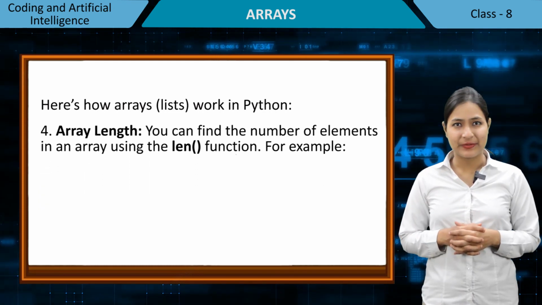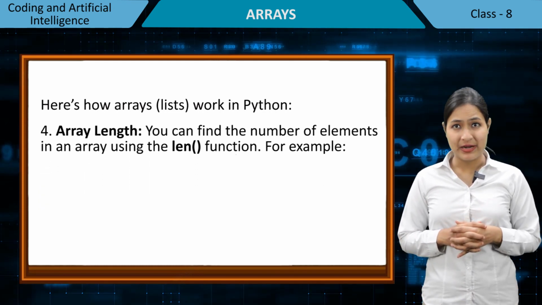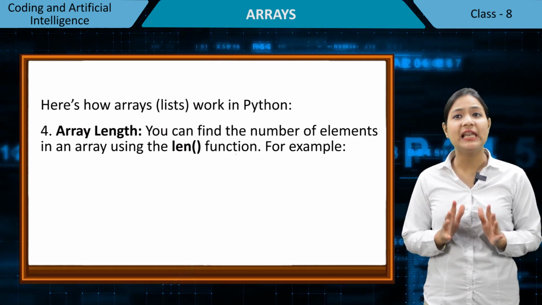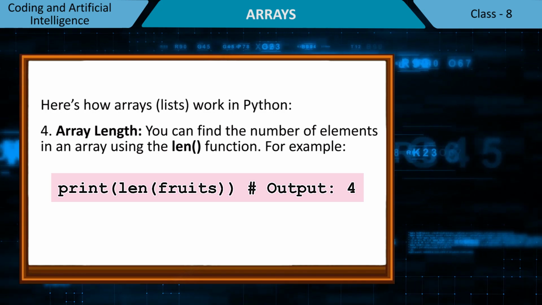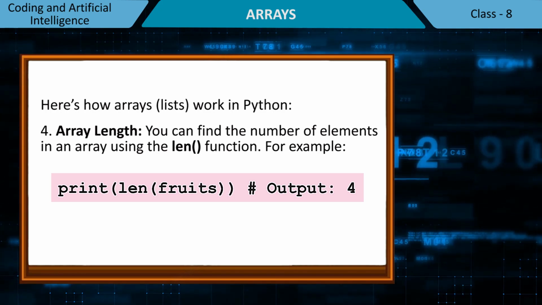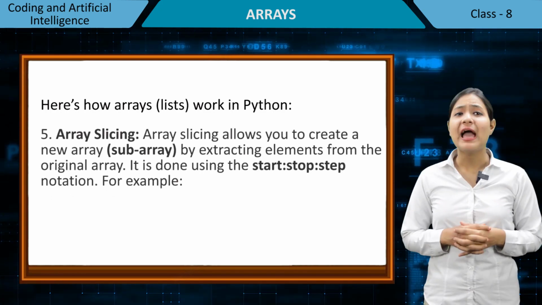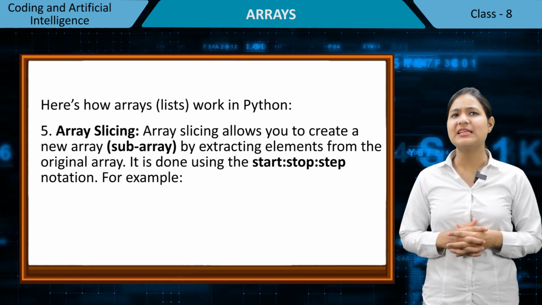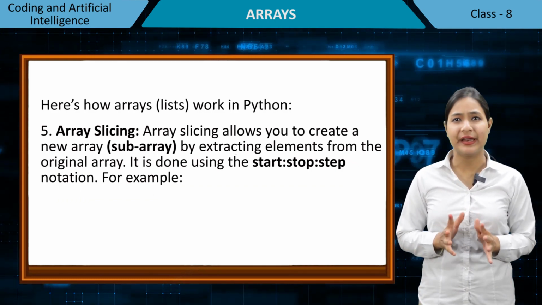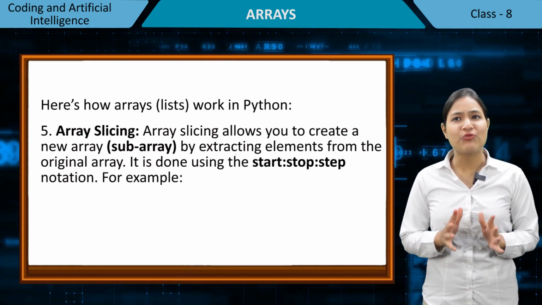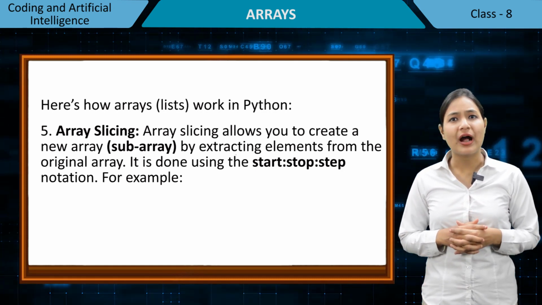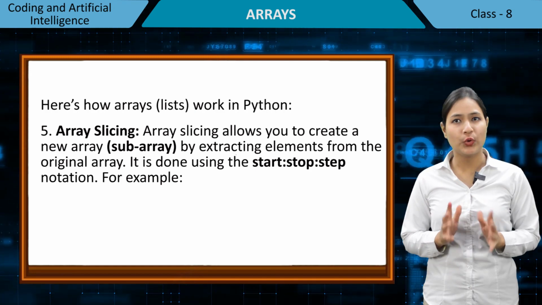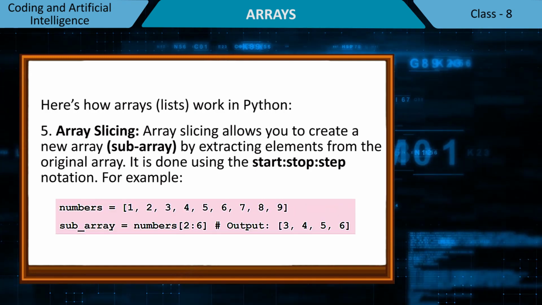Fourth, array length. You can find the number of elements in an array using the len function. For example, fifth, array slicing. Array slicing allows you to create a new array, a sub-array, by extracting elements from the original array. It is done using the start, stop, step notation. For example,